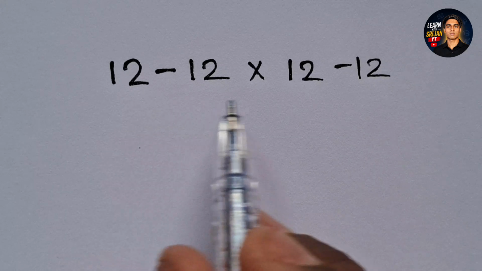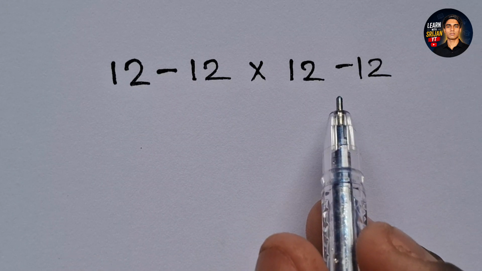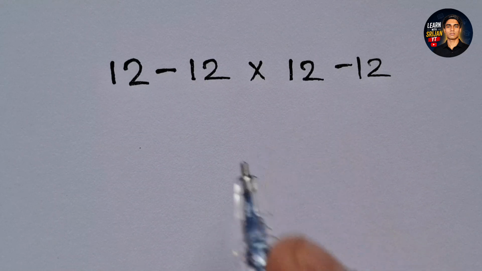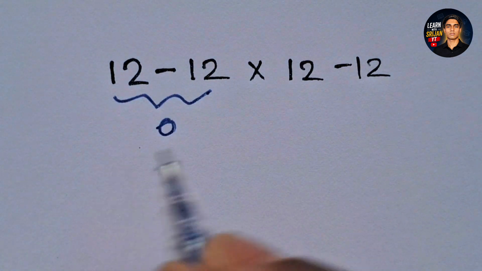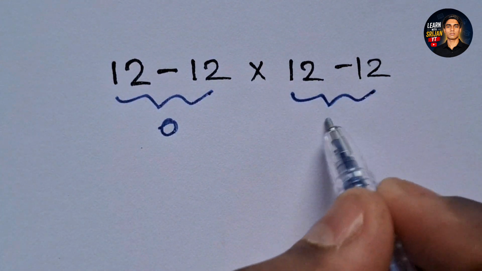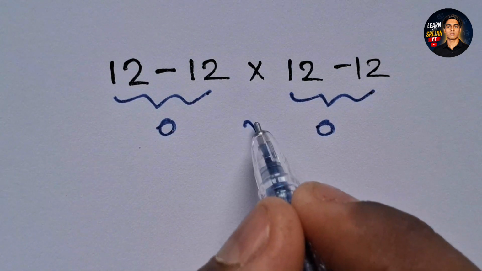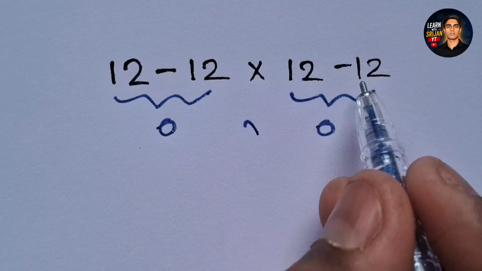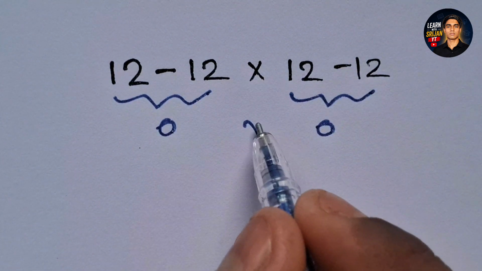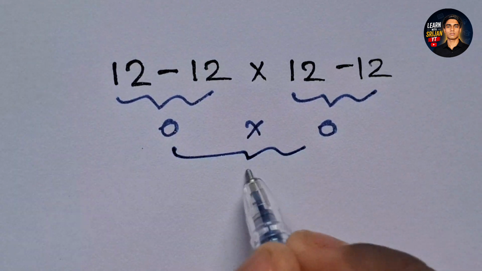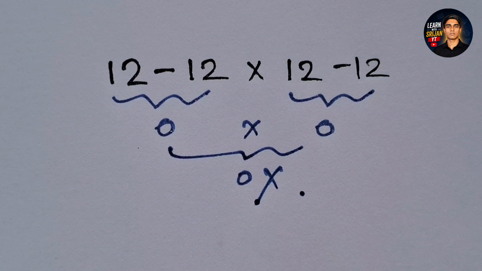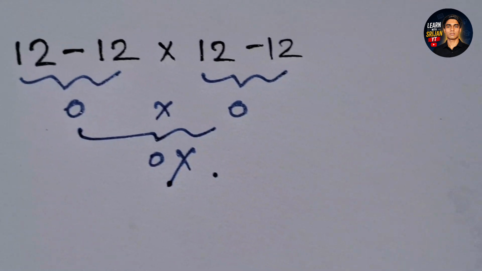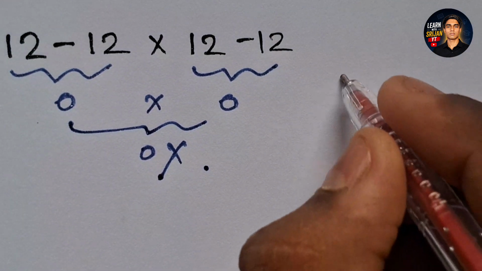In this video, we will solve 12 minus 12 times 12 minus 12 equals to what? So first of all, we have this 12 minus 12 which gives us 0, and this will also give us 0. So 12 minus 12 times 12 minus 12 is equal to 0 times 0, which also gives us 0. But 0 is not the correct answer for this expression, because according to the order of operations, which is